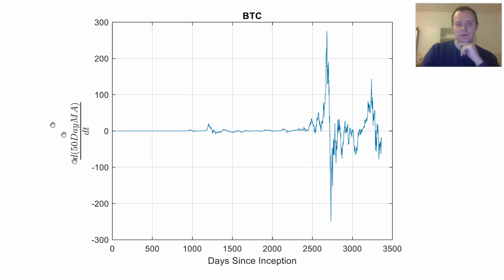This is the derivative of the 50-day moving average with respect to time and days since inception. So you can see over here, you can't even see anything because it's dwarfed by this peak. And this peak was the 2013 peak. You can't even see what was going on compared to that peak. And this peak is dwarfed by the 2017 peak in Bitcoin. And then this is the most recent peak in Bitcoin, where it went from like 3,100 up to around 14